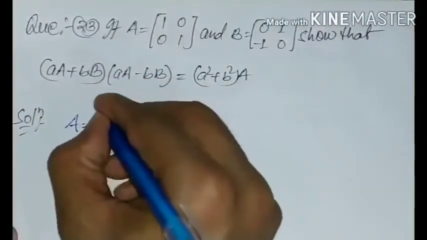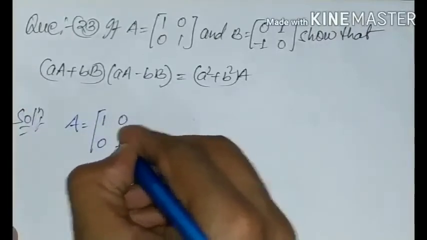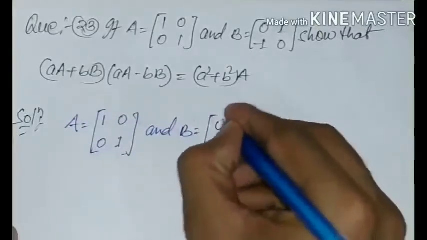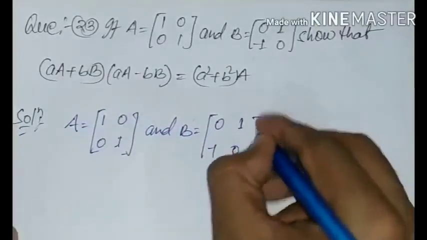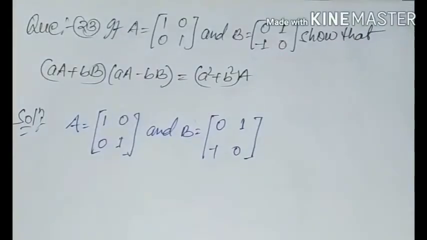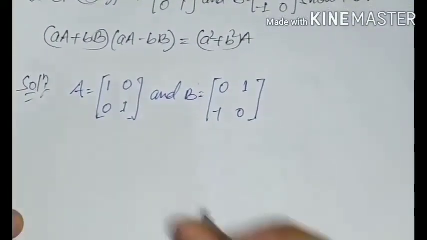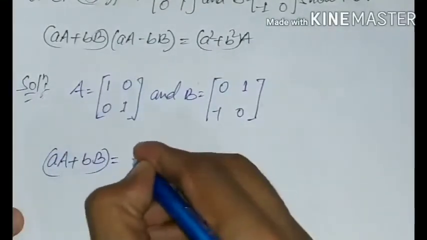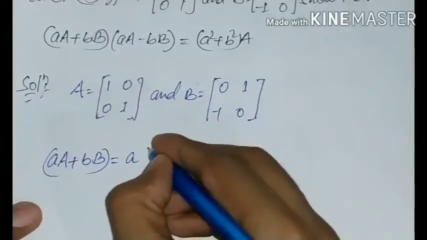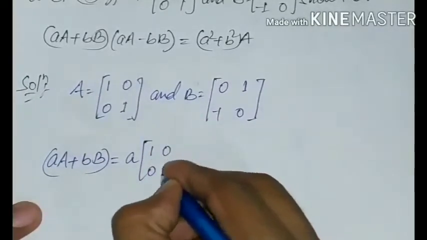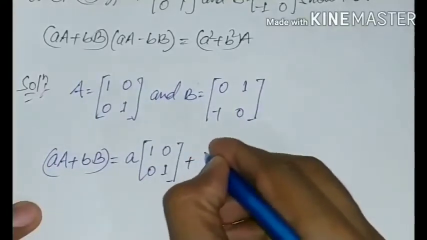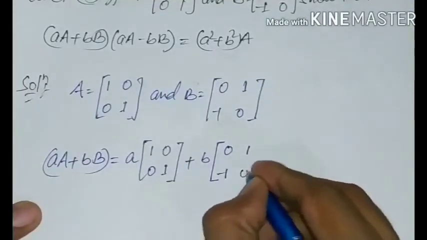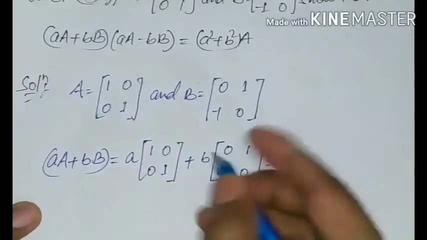A equals [1 0; 0 1]. Okay, and B equals [0 1; -1 0]. First I'm going to find aA plus bB, which equals a times the matrix A, that is [1 0; 0 1], again plus b times the matrix B, that is [0 1; -1 0], and the value will be